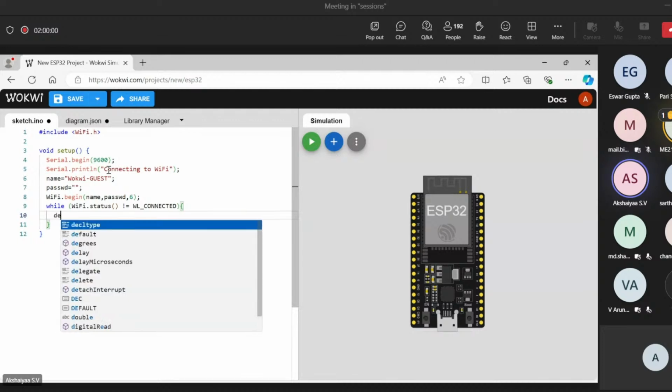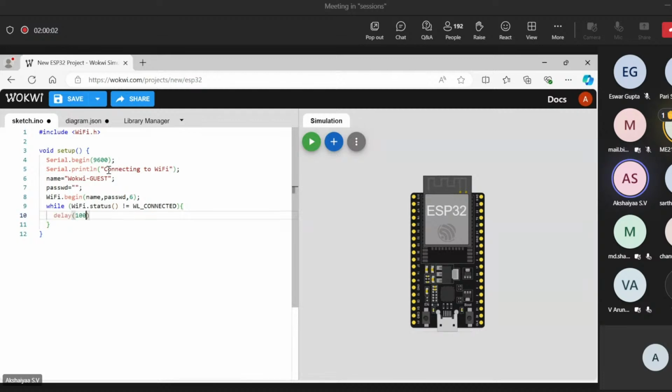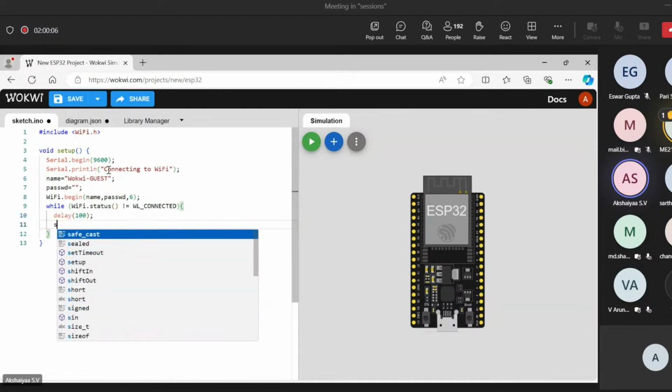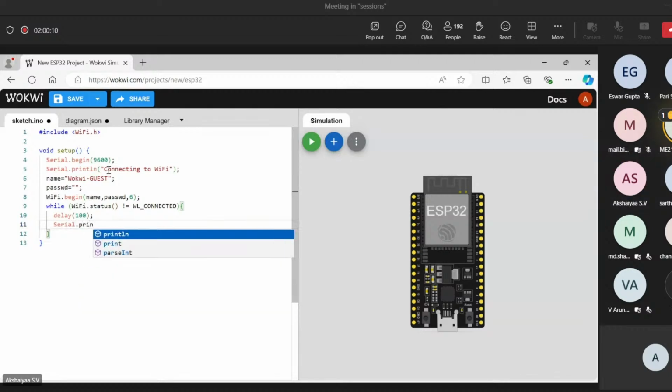And we'll delay it by, say, 100 milliseconds. You don't want the status each second. Till then it will print a dot. Print of a dot. And with that, we will come out of this loop.